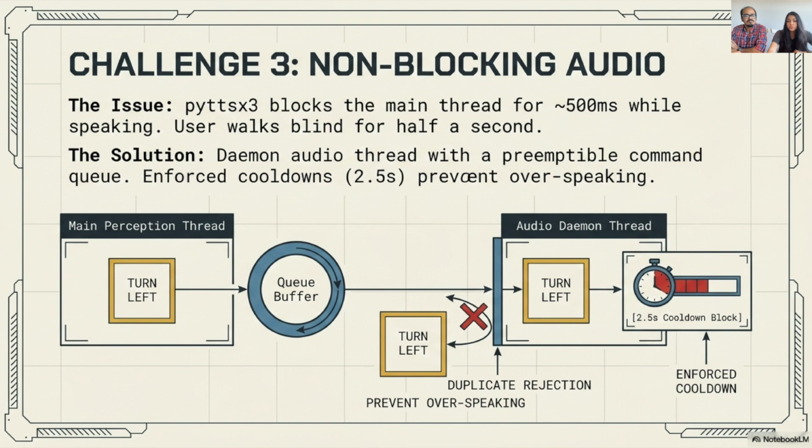So, the third challenge was non-blocking audio. The challenge nobody anticipates until it really happens to them. The issue,